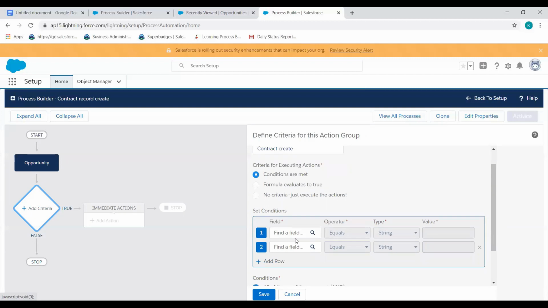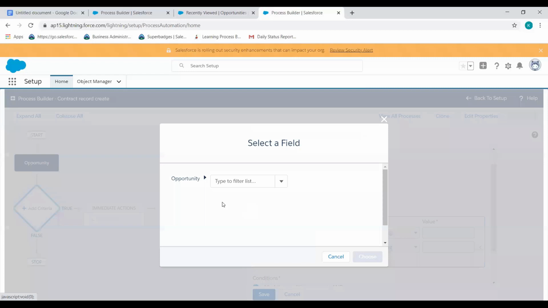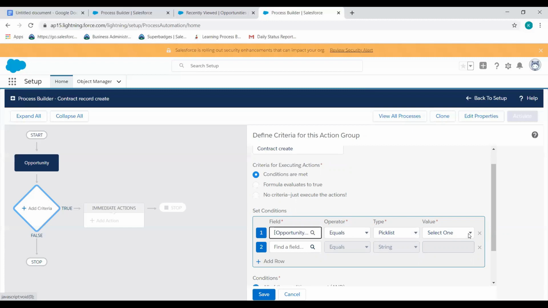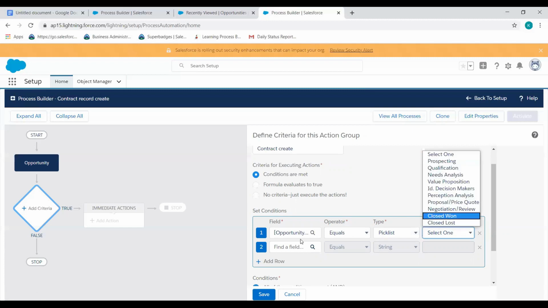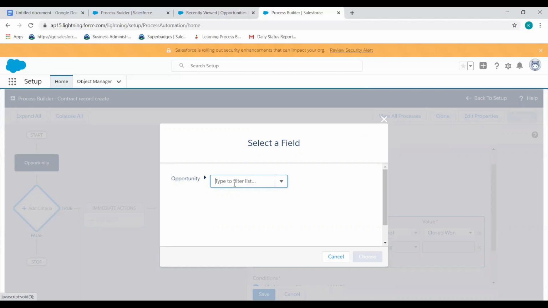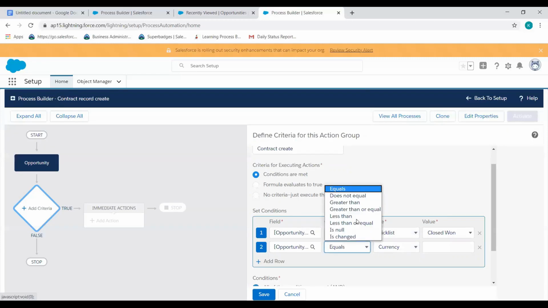In our requirement we have 2 conditions: on the opportunity object, stage, sorry, stage equal to closed one, and amount should be greater than or equal to 25,000.